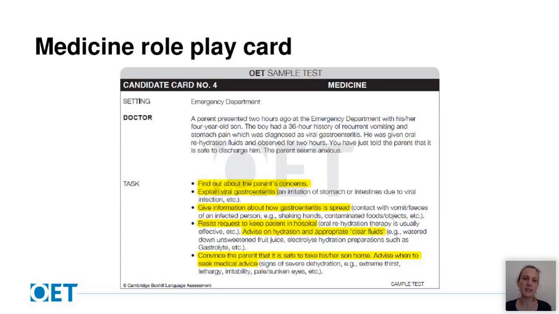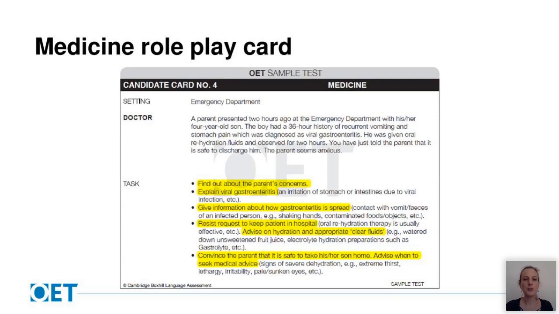So you can see, as I've just explained about the brackets, I've only highlighted the actual tasks. The information provided in brackets is optional. It's there to help you to provide the explanation if you're not sure what a definition of viral gastroenteritis is, or some ideas about how you could explain how the condition is spread. But it is provided in technical medical language. And so, as I previously explained, it is a good idea to change that into your own words to make it suitable for the person that you're talking to.